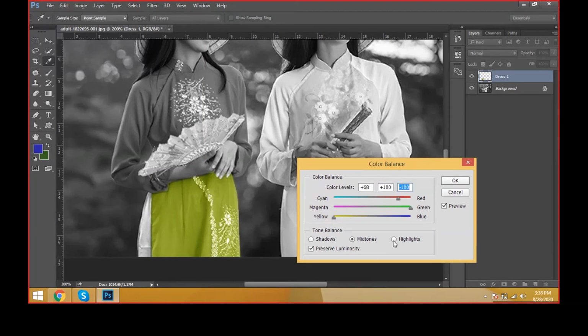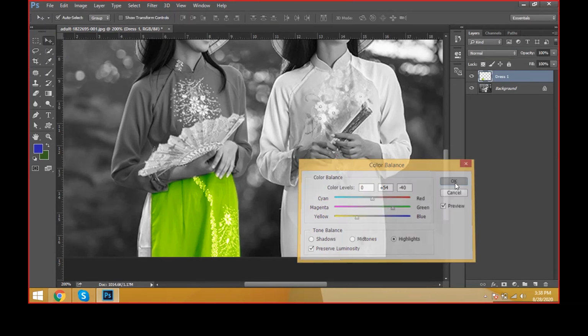And this is only the midtones. I would like to give this color to the highlights also, and come to the shadows part and give the shadows also. What are the values we have given? 0, 39, 59 for shadows, 68, 100 for midtones and highlights. We have given so many values with every step. The tone balancing we have done, every value taken from the tone balances like shadows, midtones, and highlights. Now click it here. Okay.